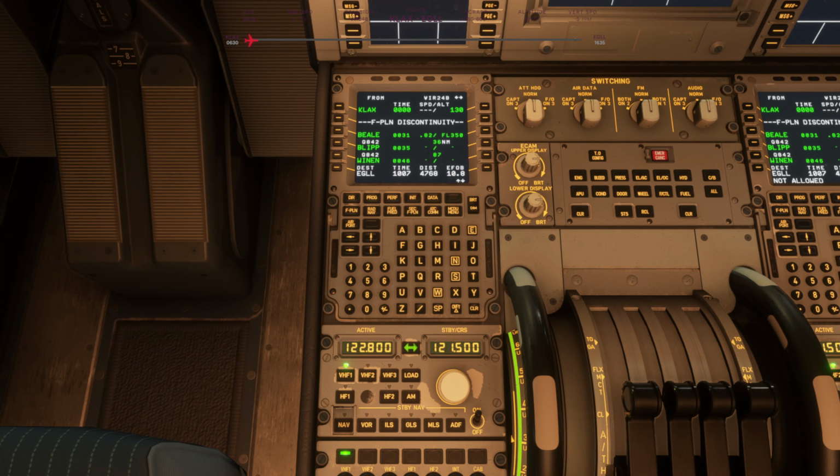So Los Angeles to Beale, Blip, Winnen, MILF. I don't know what that is. Mike Lima Foxtrot. Now this goes. I see we have reached Sunot and the arrival into Heathrow. Overall looks okay. I'm just gonna go ahead and select LAX